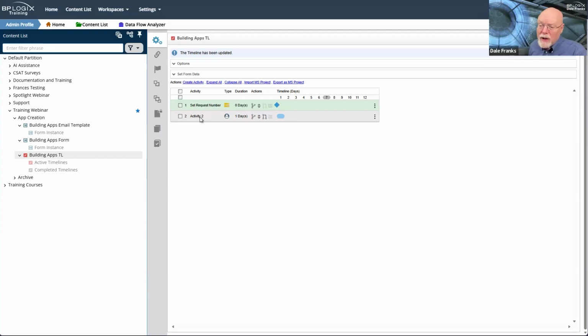And activity 2, by the way, is not going to be a user activity either. It is going to be a loop. I'm going to create this as a parent activity, and I'm going to create an approval loop inside my process. And so all of my approvals will happen inside the loop. That is the best practice.